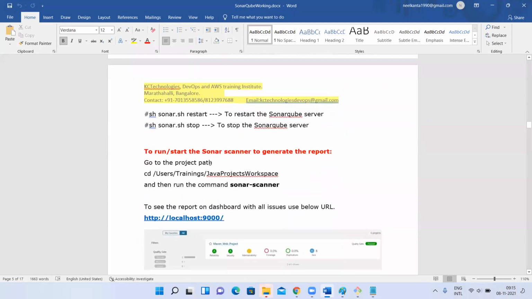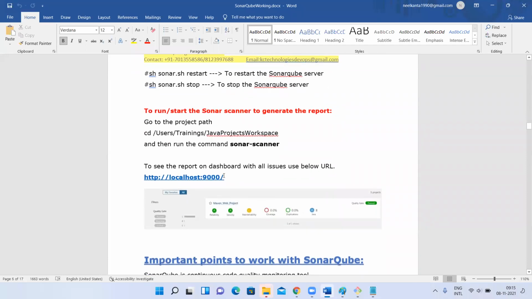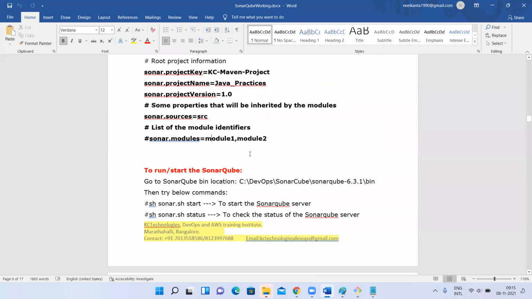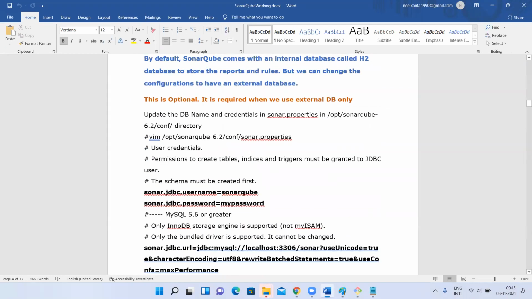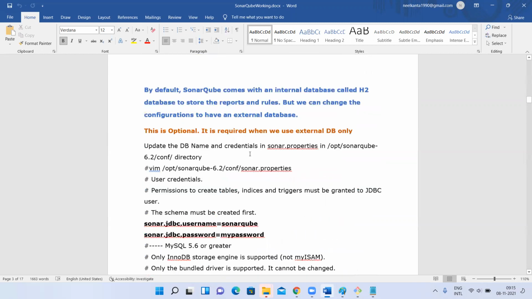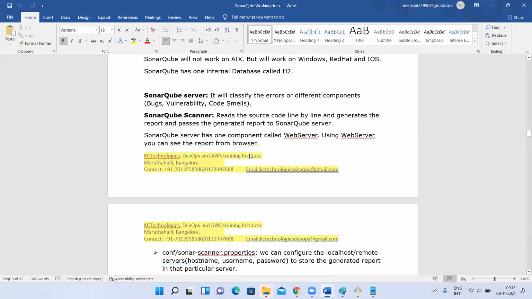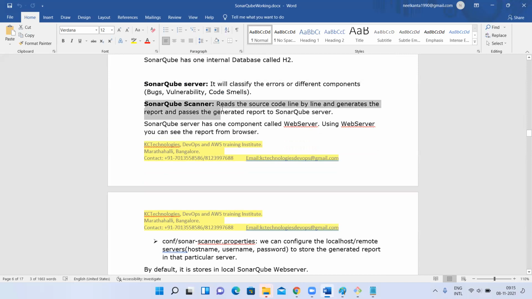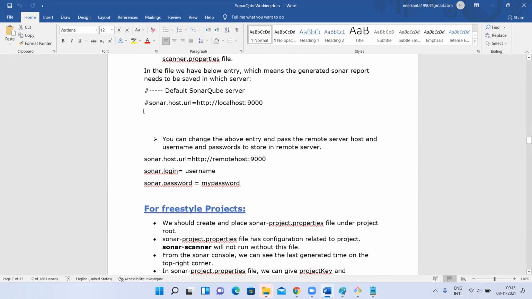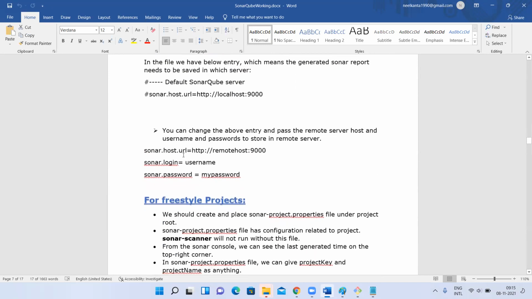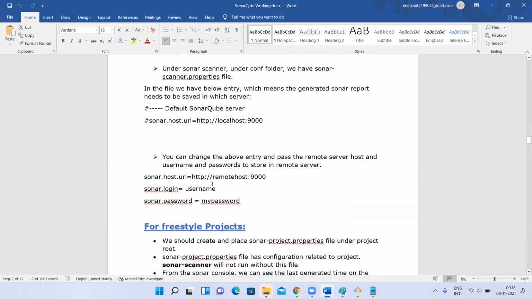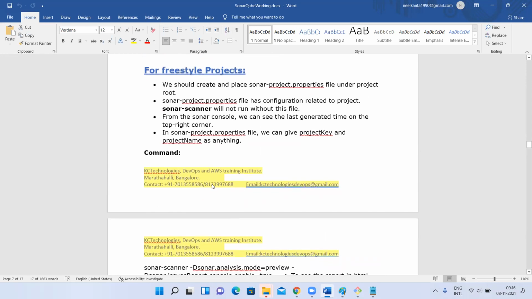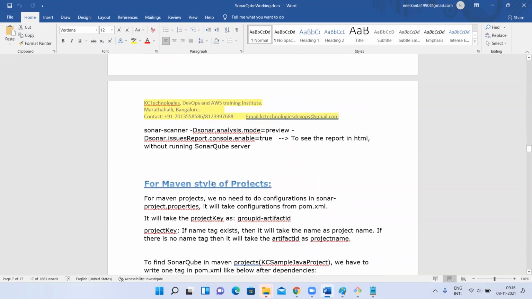So I have explained that. And if you want to check the SonarQube scanner version, there is one command: sonar-scanner -version or -v. If you type that, it will show the sonar scanner version you have. What is the SonarQube server and what is the scanner, I have explained. The external database I'll show you later. I'll update this document. A few details have to be updated. I didn't notice that there was something wrong. Just yesterday I came to know that. I'll check that and tell you.